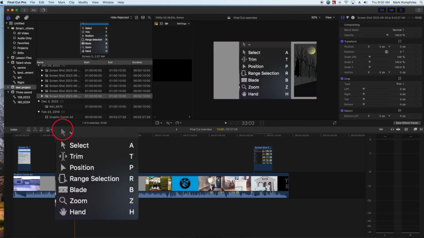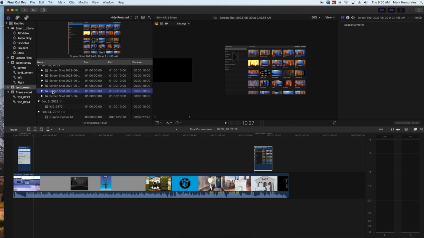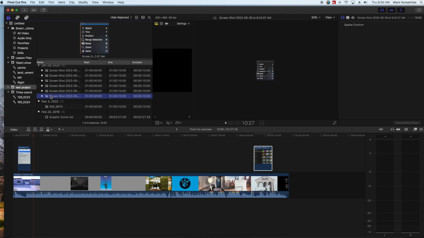Now there are some hidden tools that you click on where the red circle is. The default tool will be the selection tool. You'll find the razor blade there and other tools that you could use to manipulate and cut and affect timing